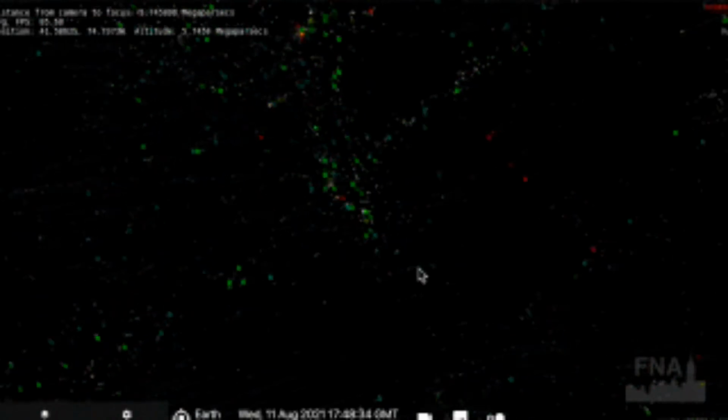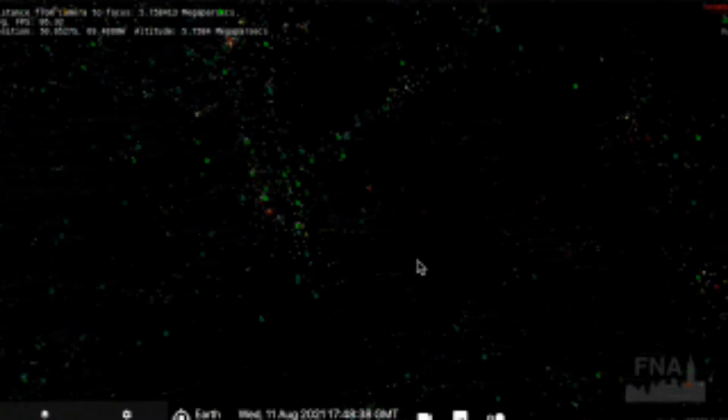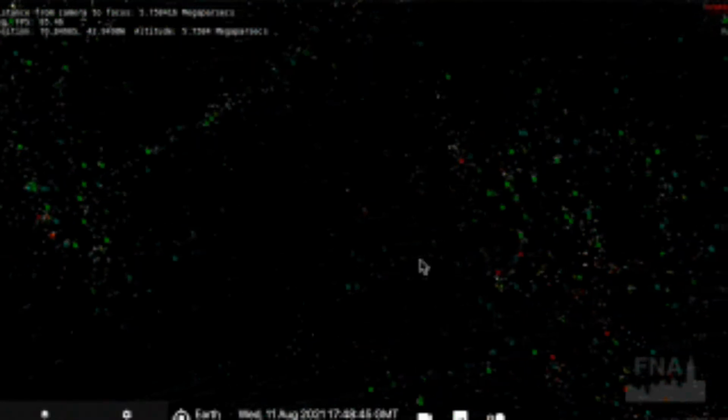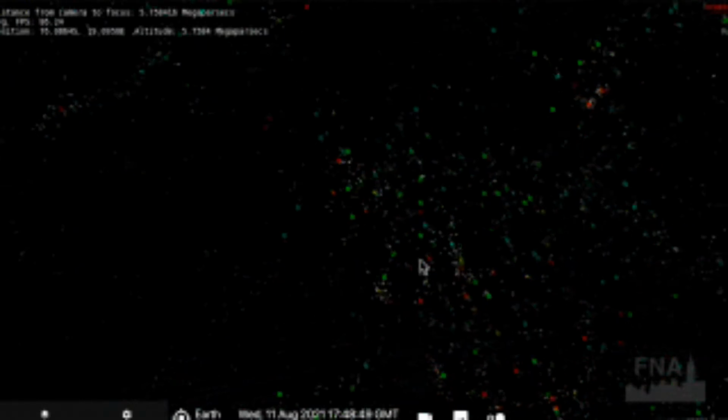So all these dots here are galaxies. On average, there's about one supernova of this type per galaxy per century. So we've been watching the skies for quite a while, and so we've been able to see supernovae go off in a lot of these.